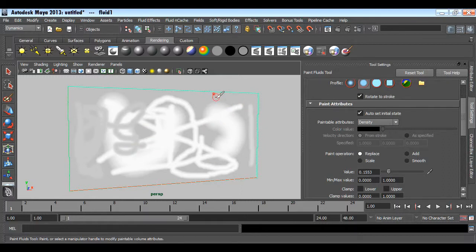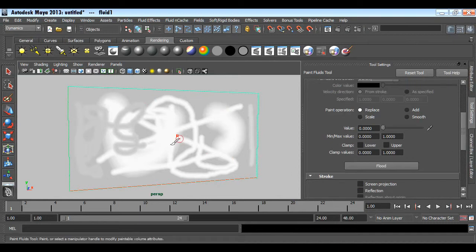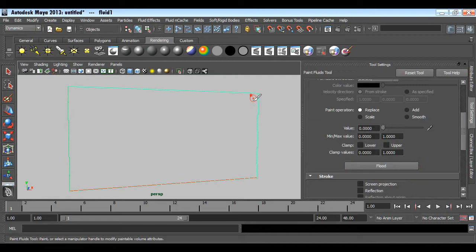So I am just showing you what is the paint fluid tool. We will not use it in this manner. So I will get back the value to 1, and I will get back the value to 0. I want to make my container clean. So value is 100%, 0 is nothing. So after taking 0, I will say flood. So now our container doesn't have any kind of fluid, it's completely 0. So we will not paint the fluid in our container. So instead of painting from the brush, I will get the value to 1. Instead of painting from the brush, I will use texture map for the pattern of our container.